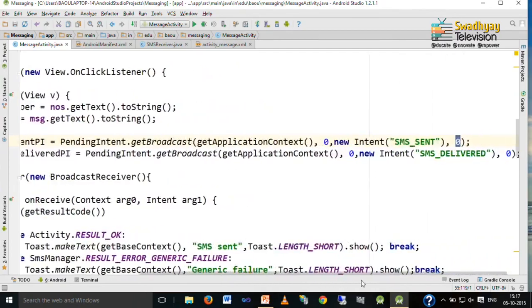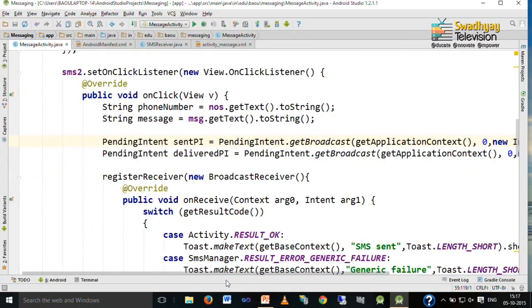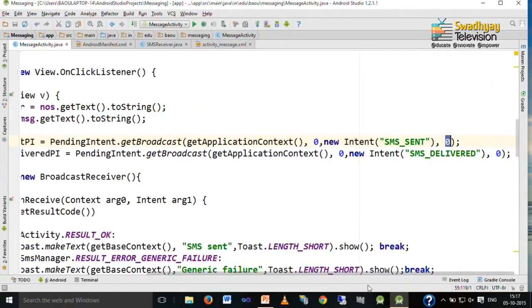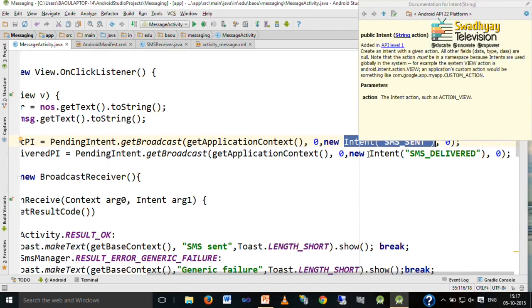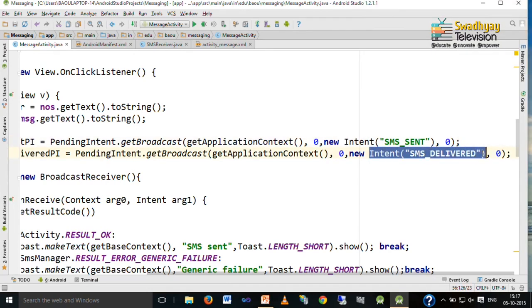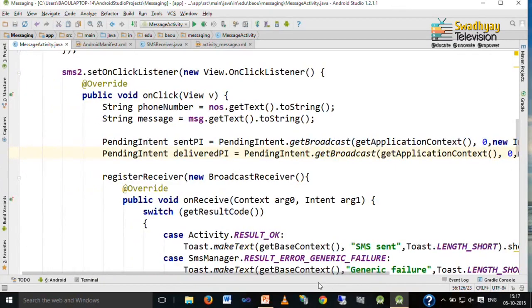So, here we create two pending intents, and remember, to know the status of SMS sent we have intent SMS sent, and to know the status of delivered SMS we have intent SMS delivered. So, this is how you can create a pending intent.